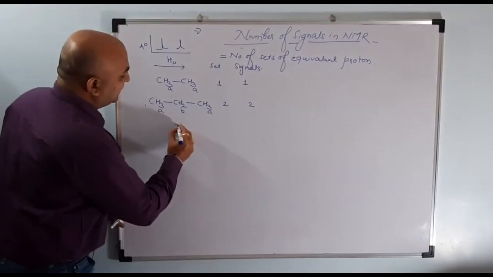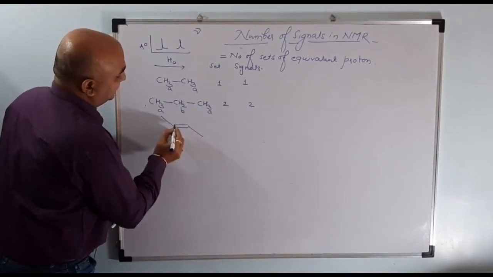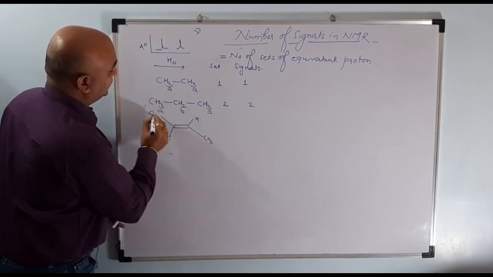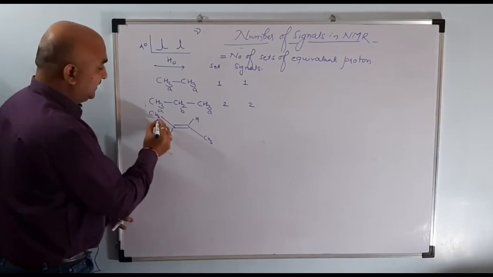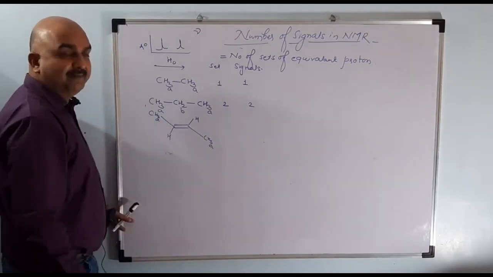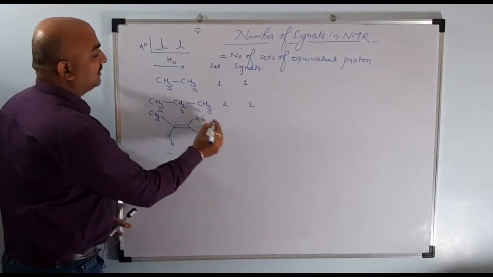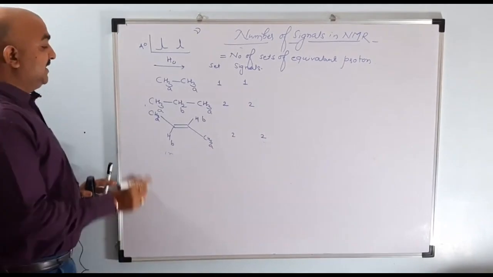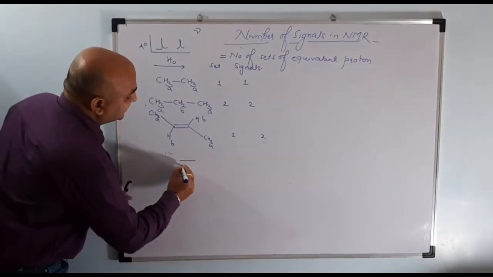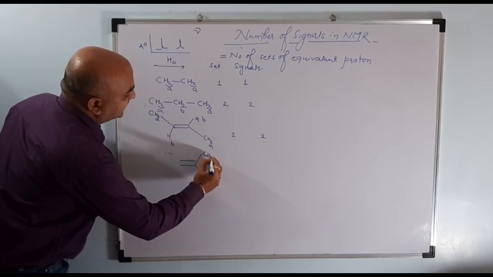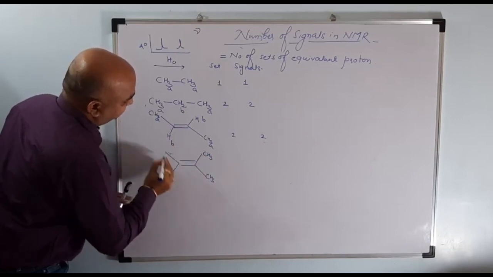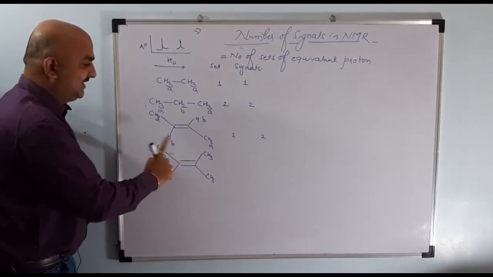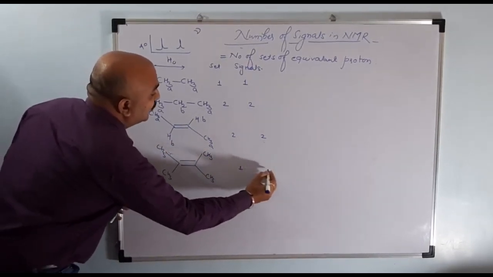Now we are going to take a very interesting compound. This, as H1 NMR spectroscopy gives information about proton. Please see, this is a similar environment and this is in a different chemical environment. So two sets of the proton, two signals in NMR. Now when we are going to discuss such types of cases, all these protons are equivalent. So that's why we are getting one signal in NMR.